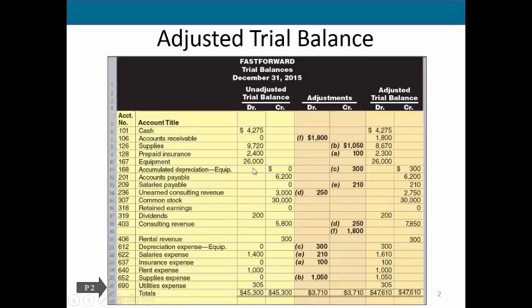Then let's look down here. We'll just scroll down a bit. You can see here, for example, unearned consulting revenue. We had a liability of $3,000, but during our adjustment process, we had earned $250, and that's why we're debiting this liability here in the adjustments column. So here we will subtract $3,000, because this is a credit balance because it's a liability, minus whatever reduction in the liability, leaves us with a remaining liability of